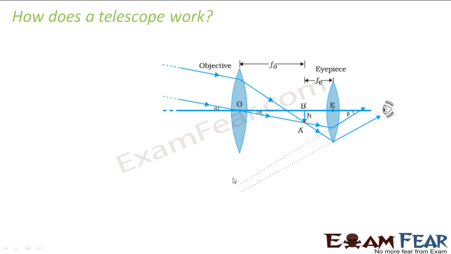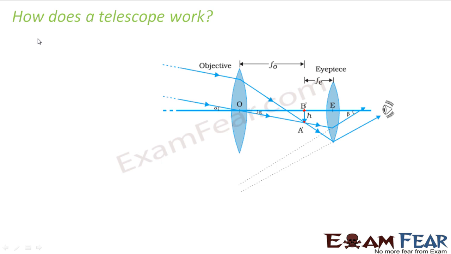So in this case, the image formed by the objective is again a real and inverted image, and it is at the second focal point of the objective. So if you see here, this image is formed at the second focal point, that is the second focus. And the second focus of the objective is the same as the first focus of the eyepiece in this case. So there is no concept of tube length here. Right? So this is how the image is formed in this case.